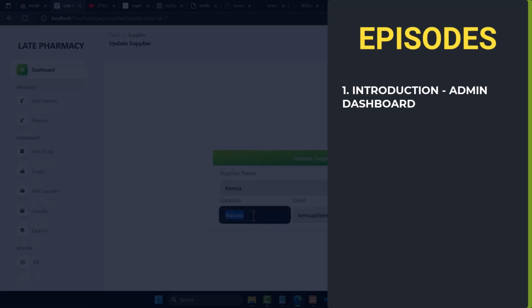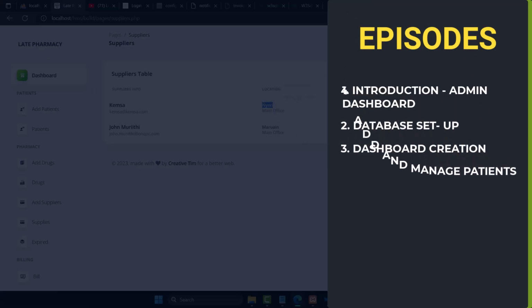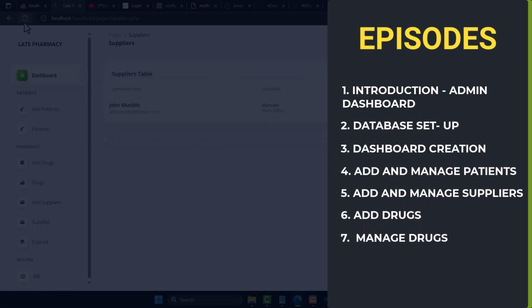In the second episode, we are going to set up the database. Then in the third episode, we'll be creating the dashboard now. And in the fourth episode, we'll be adding the patients. Fifth, we'll be adding or managing the patients and other. In the sixth episode, we'll be adding and managing suppliers. And then in the seventh episode, we'll be dealing with drugs, that is entering or adding